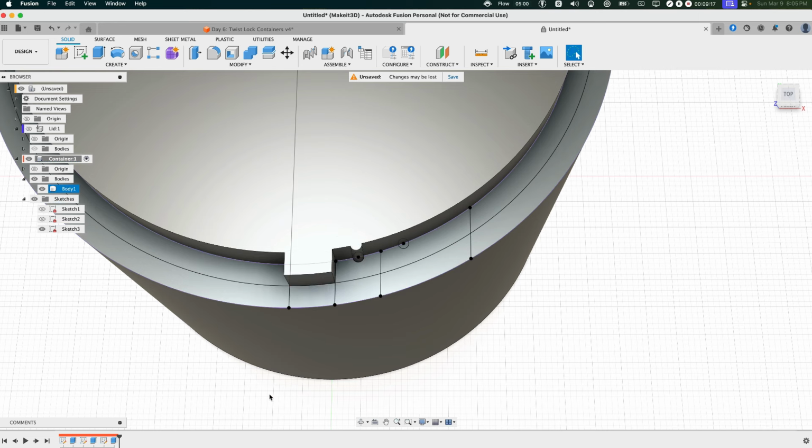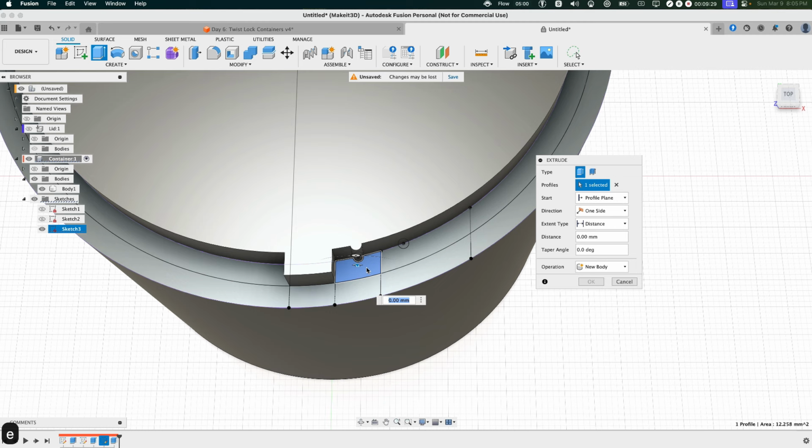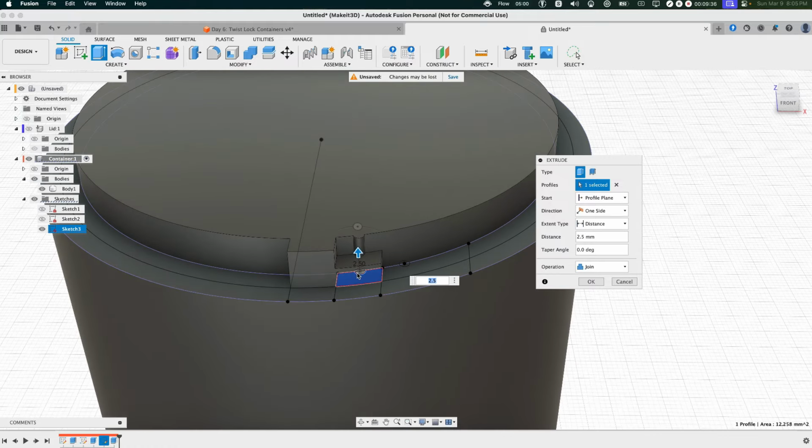Next, what we want to do is create the cutout, more specifically this profile, so that it can lock into the lid that we're going to create. From here, we're going to press E on our keyboard. Then we're going to set this to 2.5 millimeters. But here's the trick. Instead of moving this up all the way to the top, then creating a cutout here in the middle,